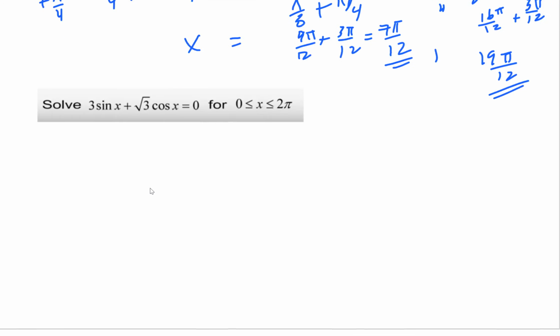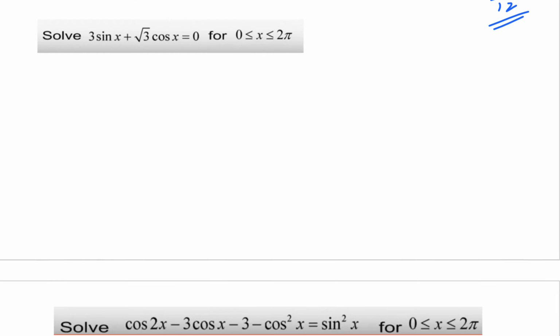This is the next one. Next one's tricky, and we're almost done. So the next one gives you 3 sine x plus rad 3 cosine x equals 0. Now this is tough because I don't have a formula. If one of them was squared, I could do something, but all I have is single things. So the trick here, and it's definitely a trick,